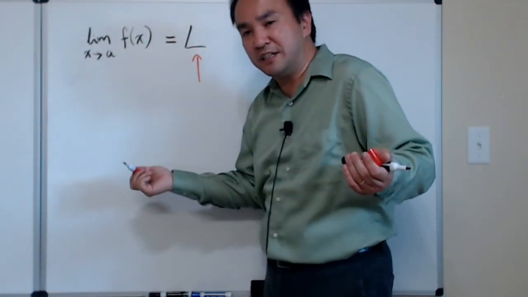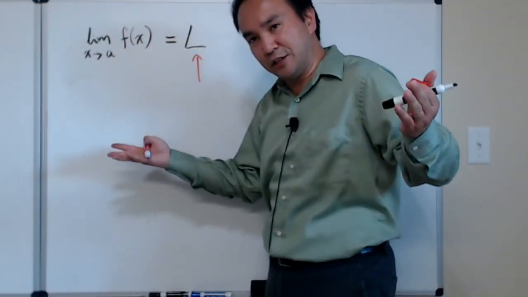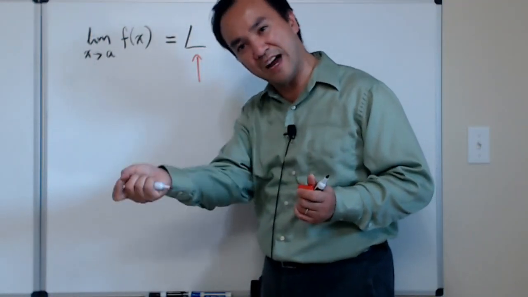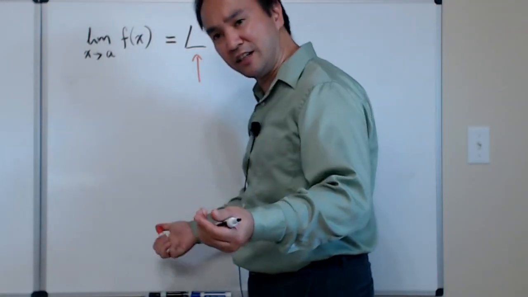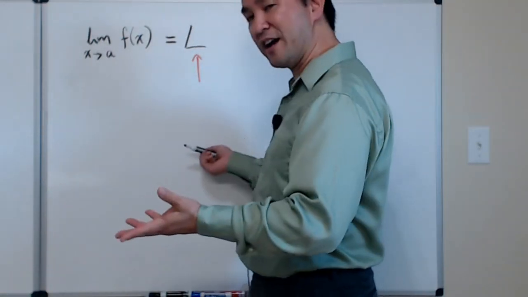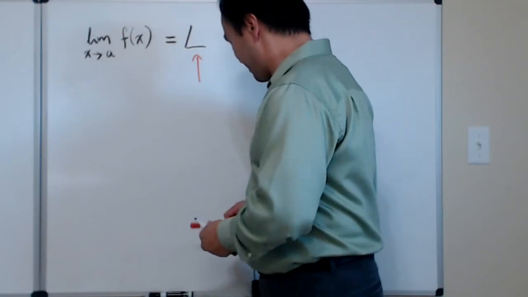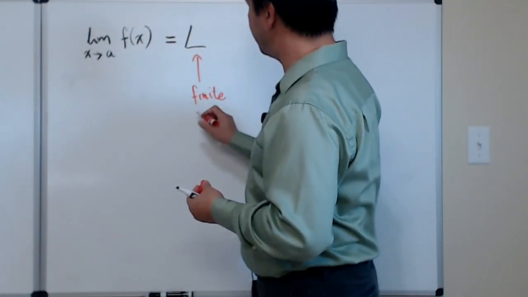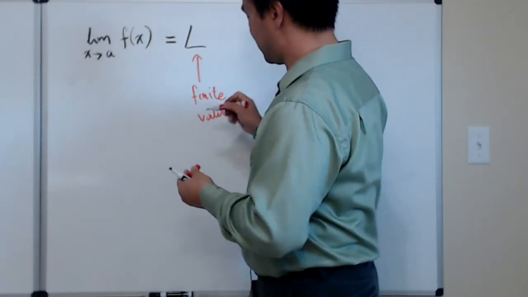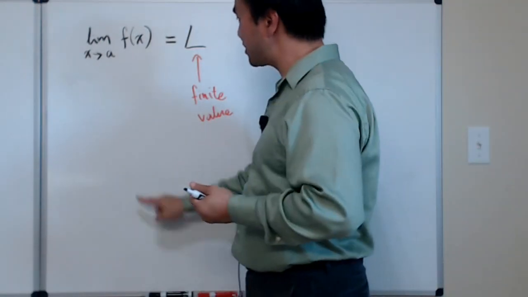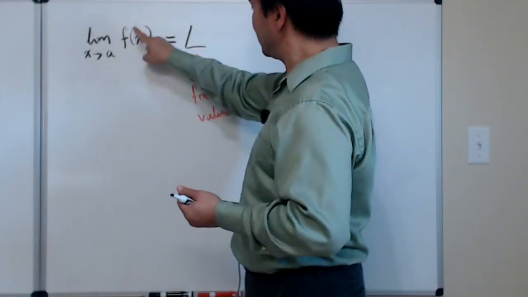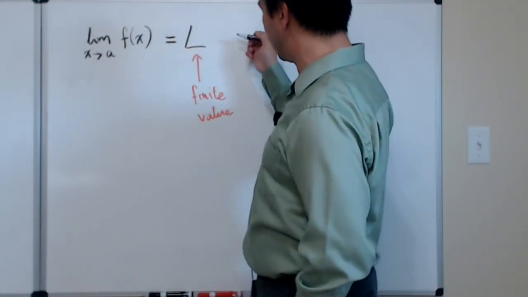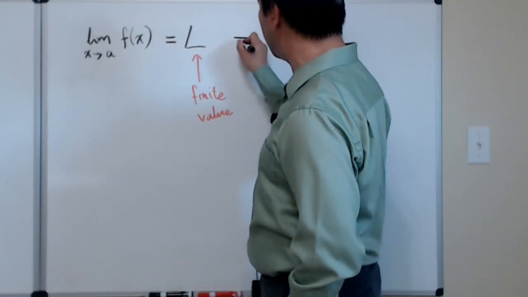Now what do I mean by a finite value? It could be like a 5, like a 2, like a 1, like a 1,000, some number that you can see, some real number, some actual number. It doesn't have to be a nice looking number at all, but a finite number. So L is a finite number. So any time that our general two-sided limit comes to a finite number, anytime we can make that conclusion, that is only possible if and only if